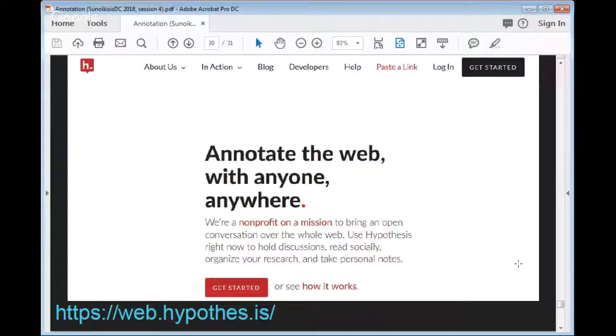Hypothesis is a tool which basically loads a browser plugin on your machine, and you can then visit any web page on the web, and you can do two things. You can log into your browser plugin, and add annotations to part of this page, which are fairly generic: a comment and potentially a series of tags, and I'll show you both of those in a moment.